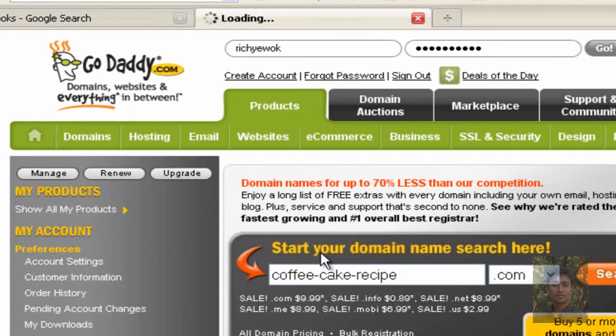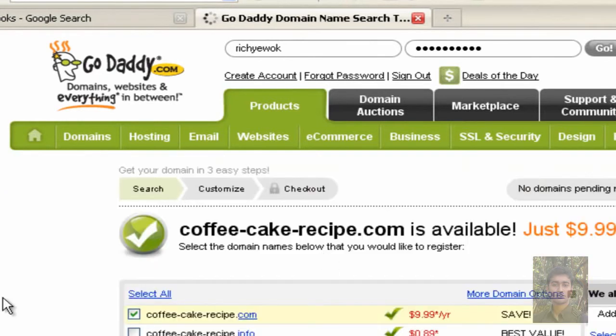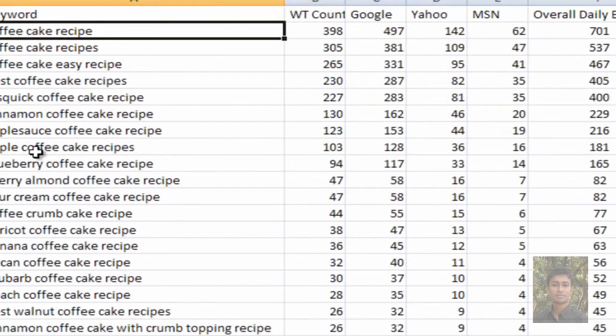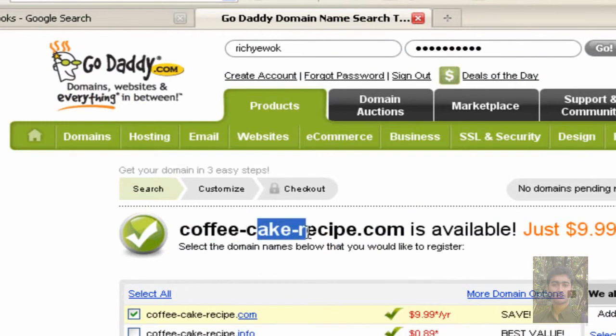Now I'm going to hit search and do a search to see if this domain name is available. Now I'm actually cheating here because I know it's available. I've already searched for this, and there you go. I got a little bit lucky with it. I got a lot lucky with this one. As you can see, my whole concept of my website is called Coffee Cake Recipe, and I'm having it as a .com. Remember, Apple Coffee Cake Recipe, Cinnamon Coffee Cake Recipe, my whole concept is about Coffee Cake Recipe, and I've managed to get the name Coffee Cake Recipe. So I've actually been lucky here. Now I know you're not going to get this lucky depending on what keywords you're doing.